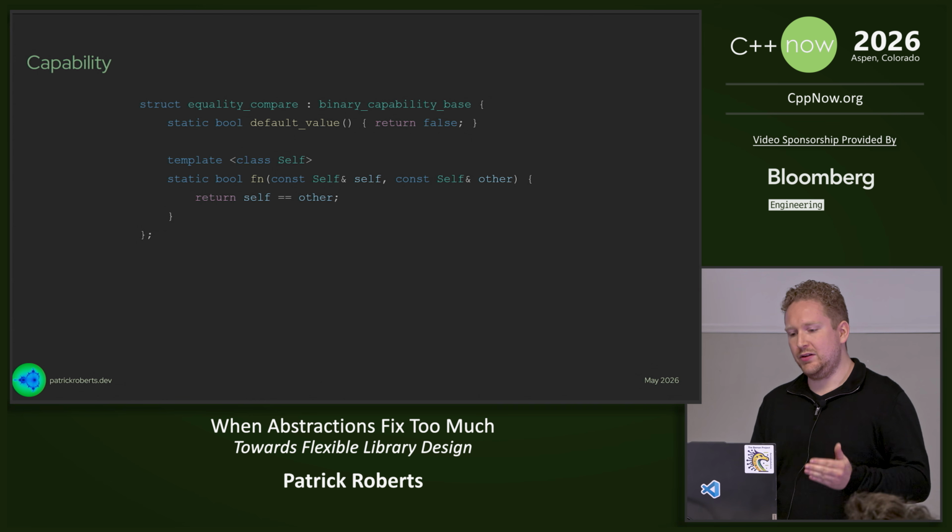So in this case, like a binary capability, you might be erasing two different concrete types, and the problem with that is this is a single dispatch, so it has to choose one concrete type to create a closure around. You cannot just have the cross product of all combinations of types. That's not how single dispatch works. So